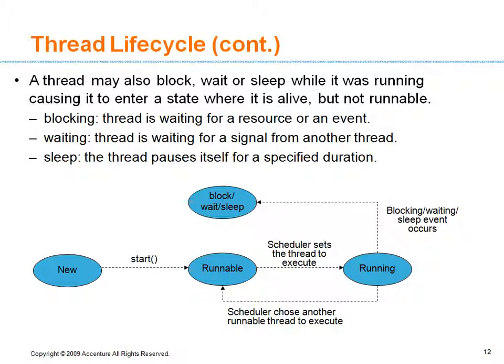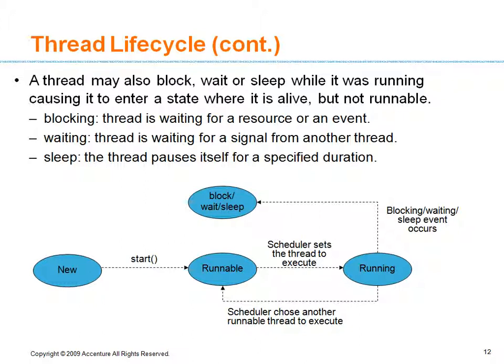Suppose when the thread is still running, it gave an IO operation. Suppose it gave a print command to printer. Printer will be very slow. So this thread has to wait until the printer responds, right? But let's assume that scheduler has allocated some 5 milliseconds to this thread. In the second millisecond, it has issued a command to printer. Printer is very slow. Will it be good if the thread is waiting for 3 milliseconds? Will it not be good if the CPU is released for those 3 milliseconds also?